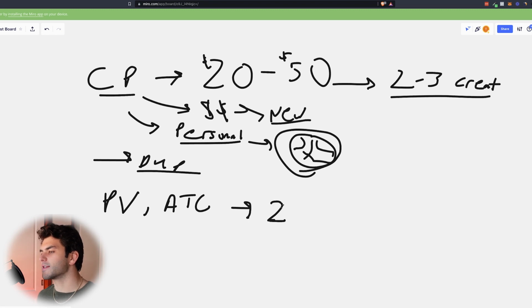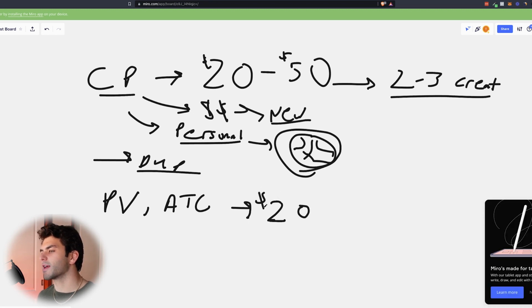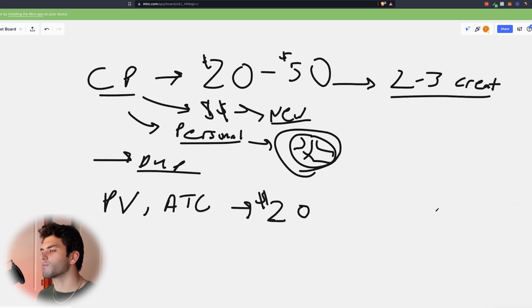And I'll show you guys, stay to the end of the video, I'll show you what it looks like inside the TikTok dashboard. But we'll launch an add to cart or page view ad group at $20 with those same 2 to 3 creatives that we would in the complete payment ad groups. But instead, we're optimizing for add to cart or page view. So that way, we'll let it go. We'll have it spend. And any of these ad groups that I'm launching, either complete payment or add to cart,